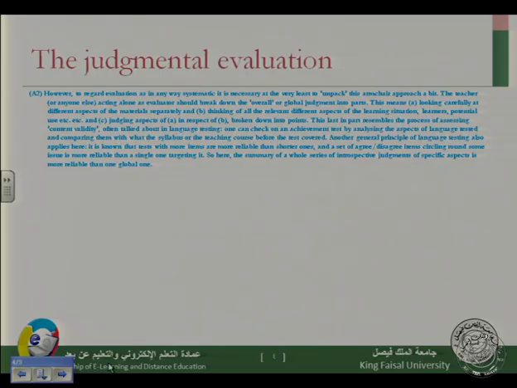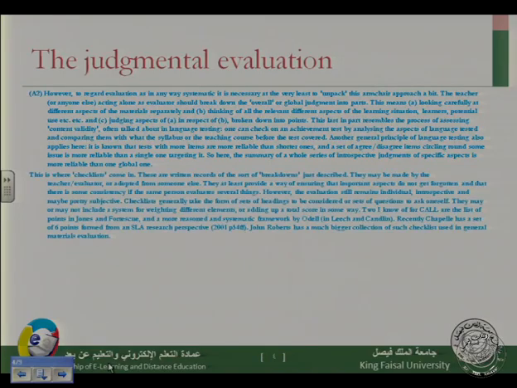Well, so it says here, the summary of a whole series of introspective judgments of specific aspects is more reliable than one global one. So it's more reliable to make this analyzed, detailed judgment than your own global judgment. So here come the checklists. This is where checklists come in. There are written records of the sort of breakdowns just described. So there are some checklists